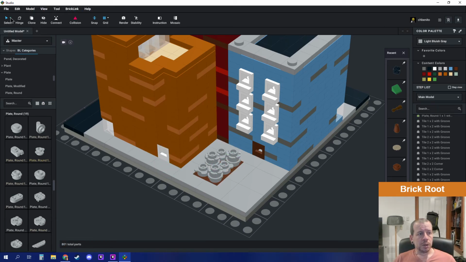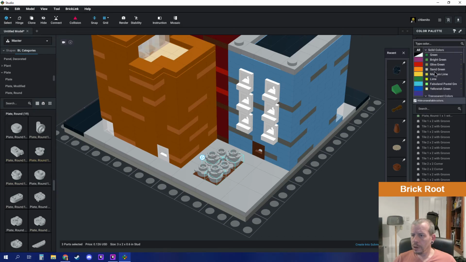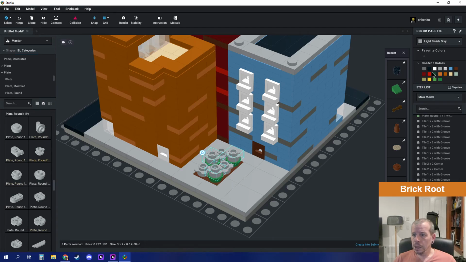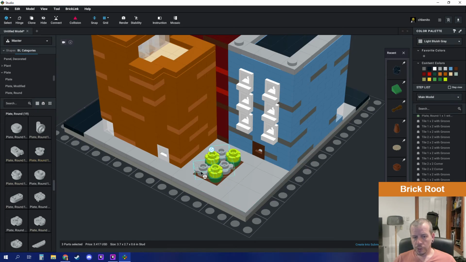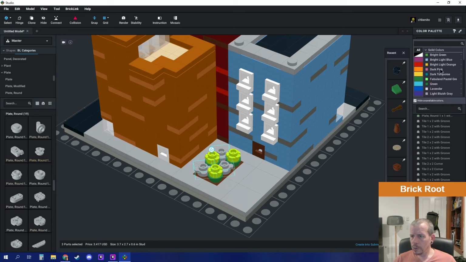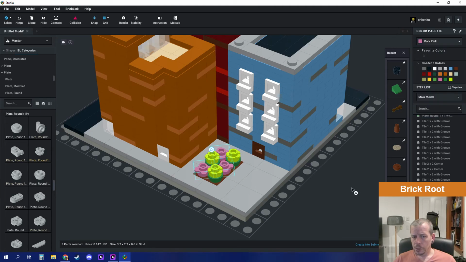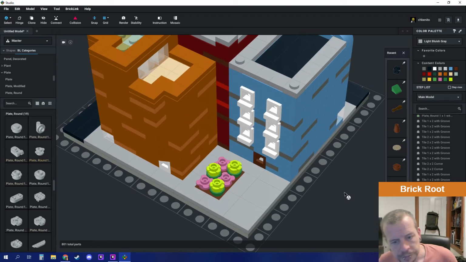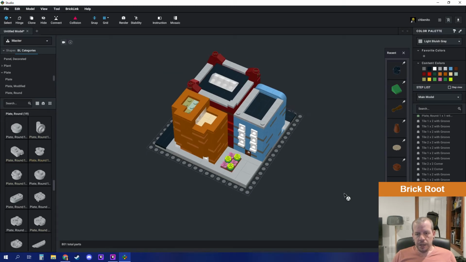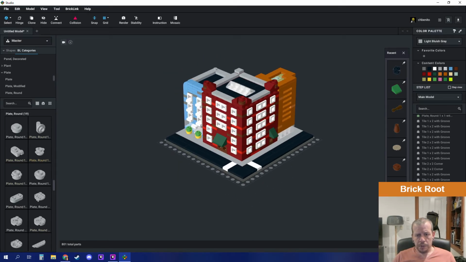Okay, now to do a little selecting by type and color. Make these green. These I'll make, there you go. It's just a little pop of color hiding back there. Like that. Yeah, there is my